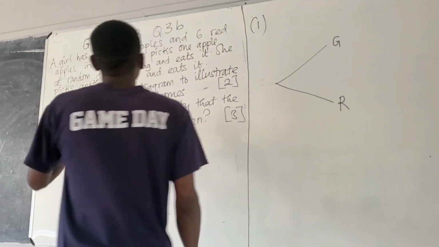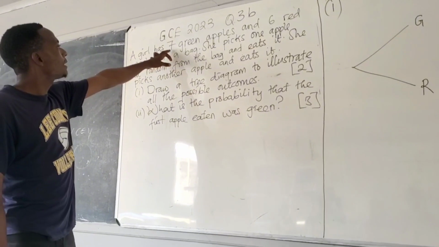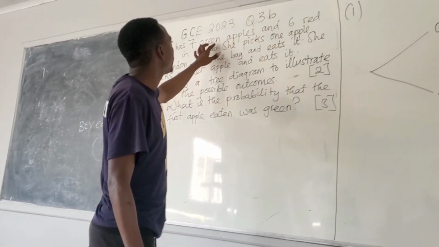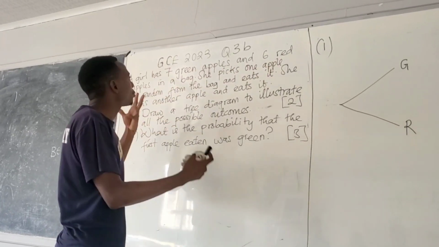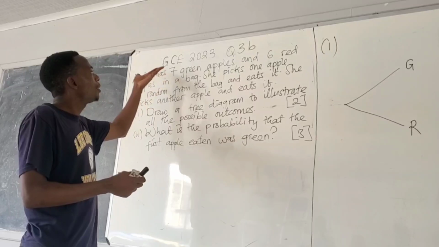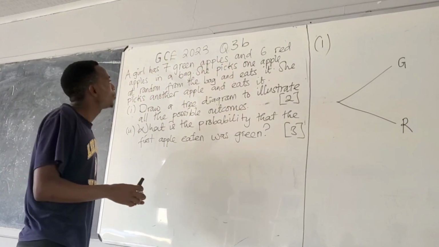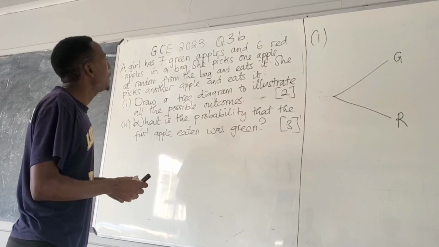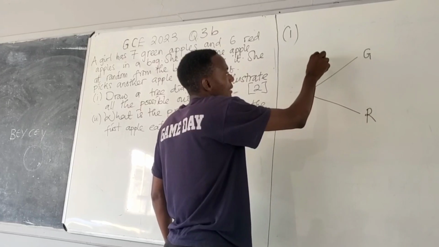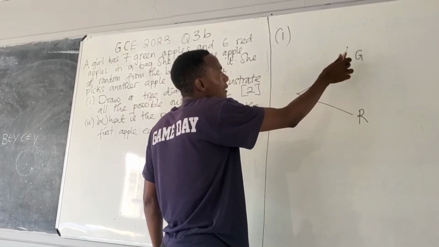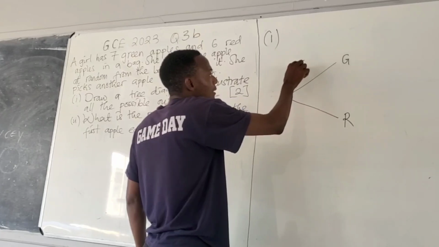Now, this bag contains 7 green and 6 red apples. So now we have to find the total. 7 plus 6 will give us 13. So for green, the probability of us getting a green apple is 7